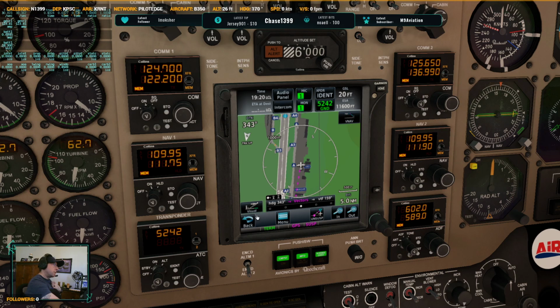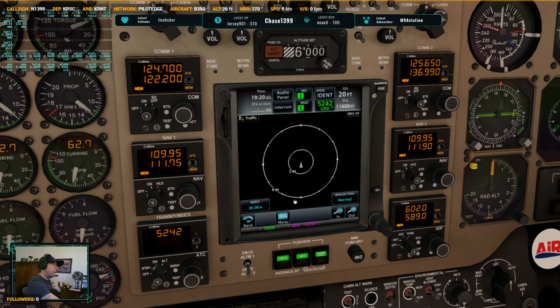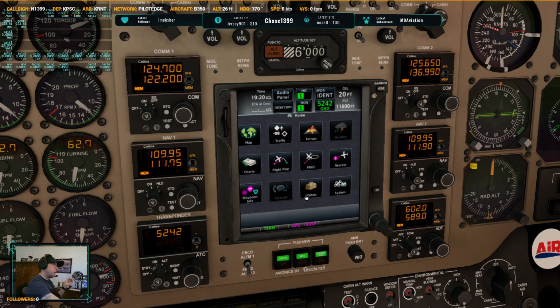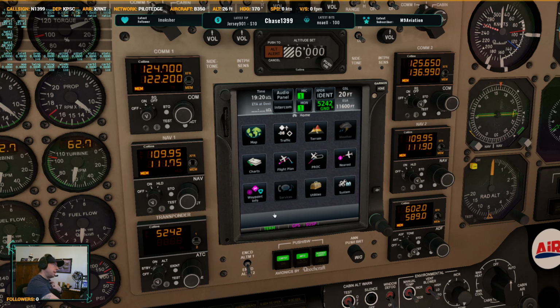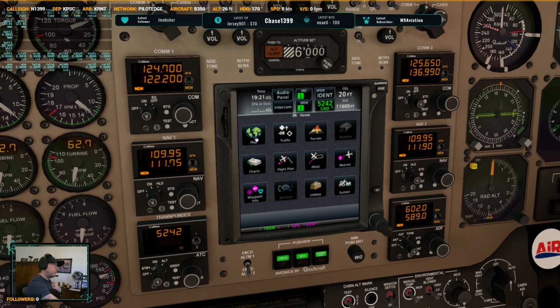All right, so Gizmo, this is kind of a cool thing. It actually shows the chart. Now this is a trainer, so it doesn't use any Navigraph subscription like we were talking about the other day. But the traffic doesn't work on this plane. The plane has to have TCAS, otherwise it won't show up. So that doesn't work. So the main functions I use are the flight plan and the VNav,